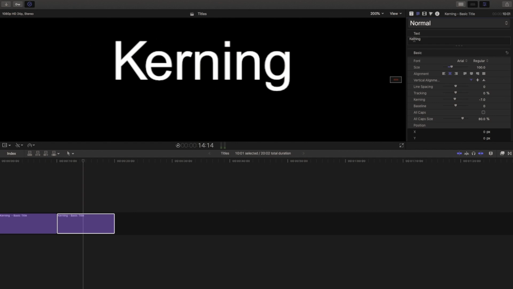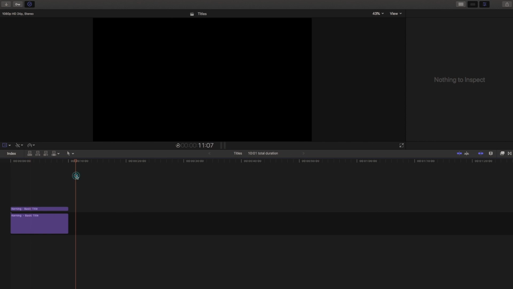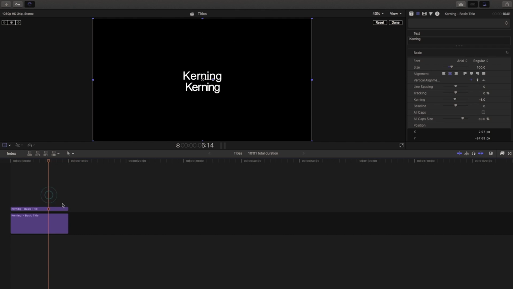And now we need to fix up between the E and the R. So we're gonna put our cursor there and pull the kerning, fix it like that. So now we wanna make sure each space between the letters are about the same between every single one. In between the R and the N right here, I'm going to pull the kern, and in between the I and the N. So at the top we have our original text, which has no kerning, and at the bottom is where we have fixed it. So the spacing is a little bit more tighter, and as you can see, it looks a tad more clean